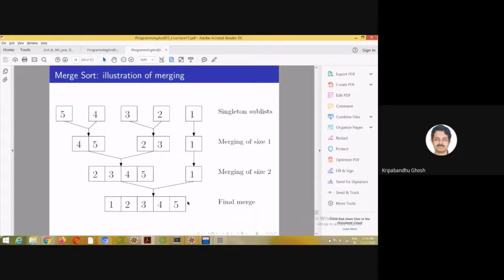And how many steps do we need? It is again log n to the base 2, because if you go in this direction, you see that we go on until we are left with a single element. So that will take log n to the base 2 steps, but to get the exact number, you need to take the ceiling operation. So in this case, n is 5 and log n to the base 2 is more than 2, so it will basically be 3.